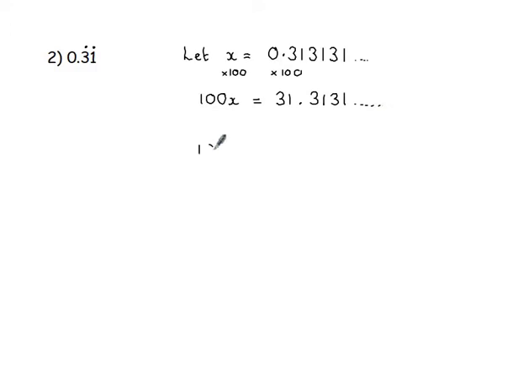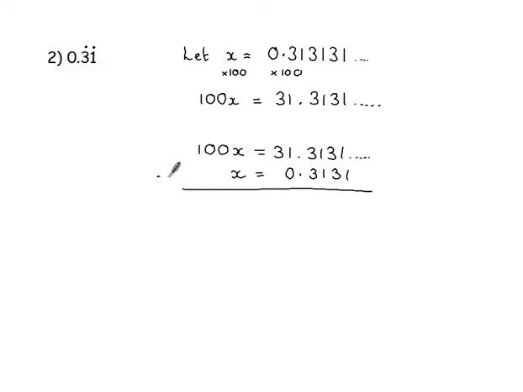So 100x equals 31.3131, etc. The x equals 0.3131, and lay it out so that your units are in the correct places and your place value is lined up correctly, just to make it easier for yourself. So you have 100x, take away x first to give you 99x,